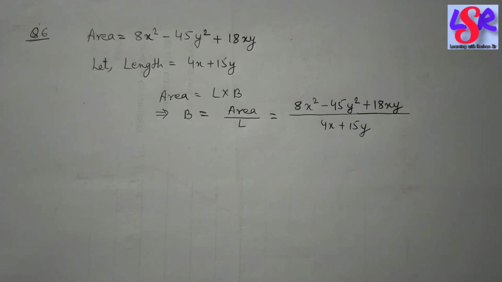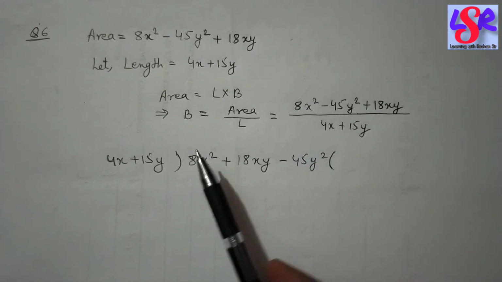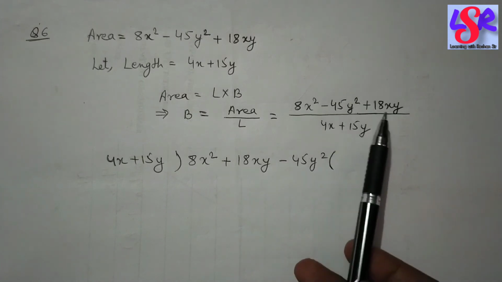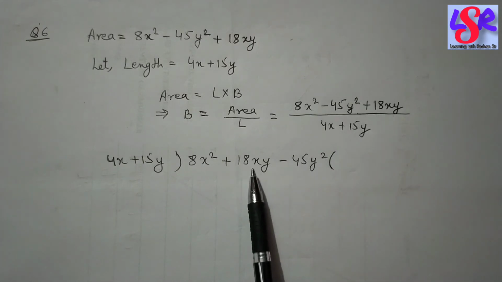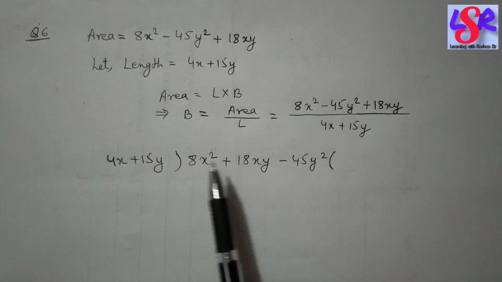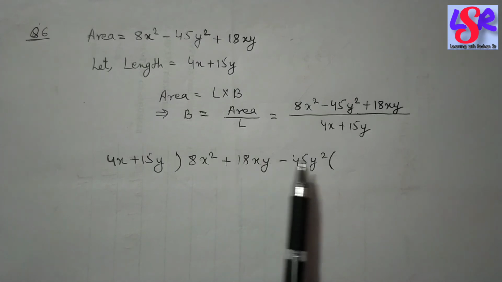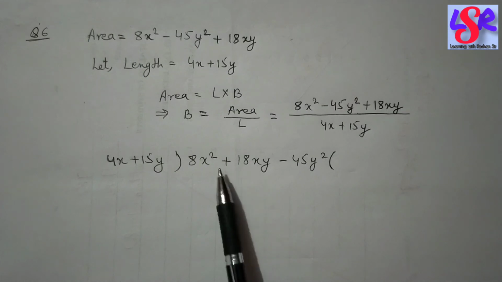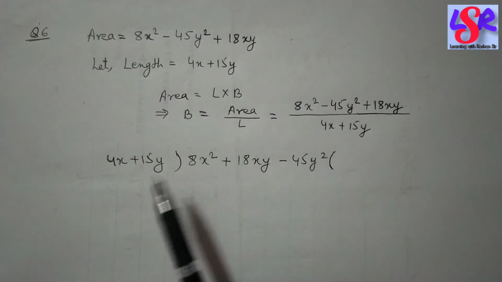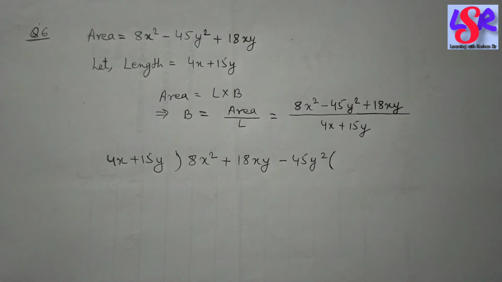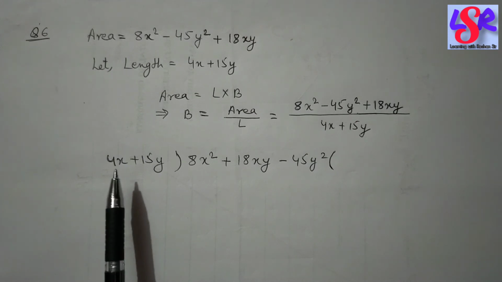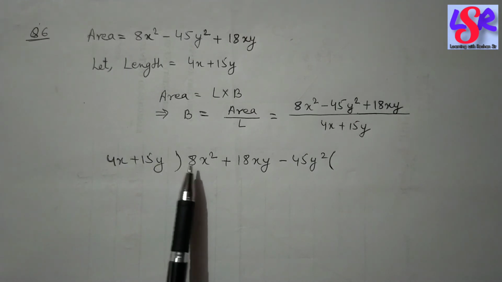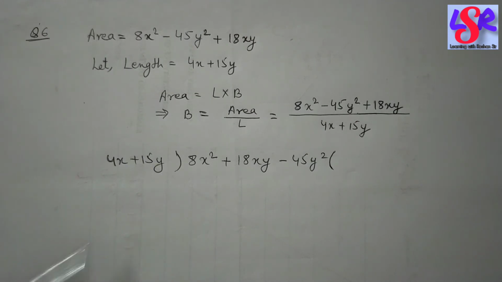First of all, we have written this one in this form, writing 18xy in between, because it should be in the decreasing order, x square, then x, and then x to the power 0, or in an increasing order. So take y and y square. Now we are going to just do as usual we were doing till now. So 4 multiplied by 2 to get 8. So we have taken 2x.